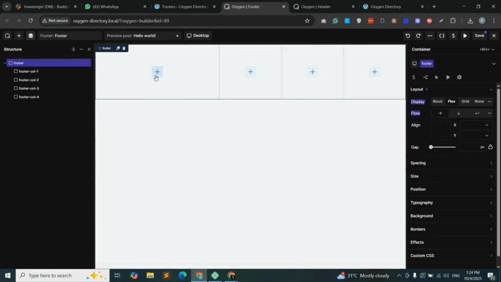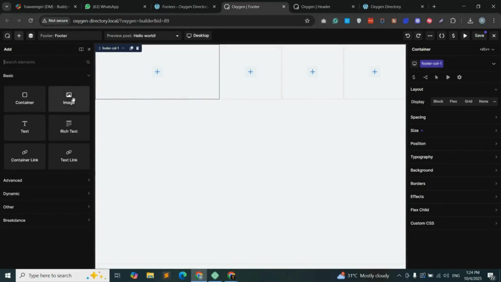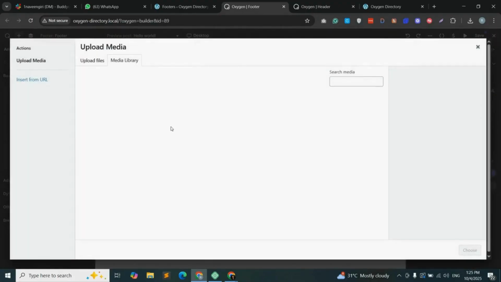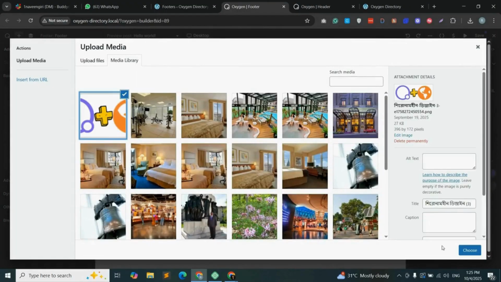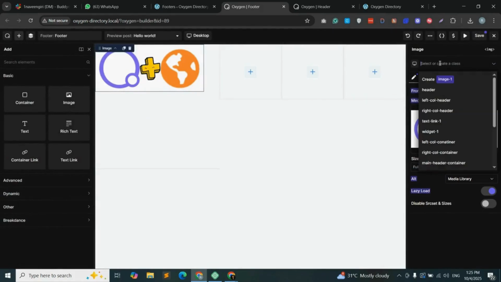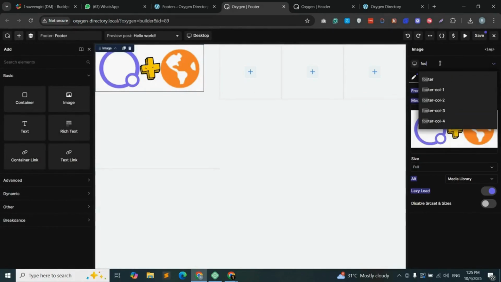So in the first column we will be adding an image, so click on the plus icon and drag and drop the image container, then double click and choose logo from here and click continue, then adding its size and width, keeping its class name footer logo,